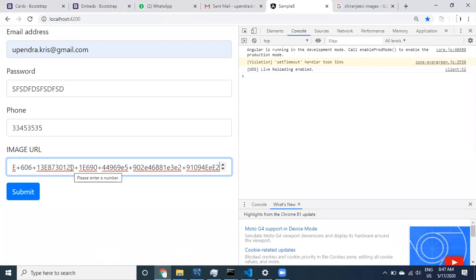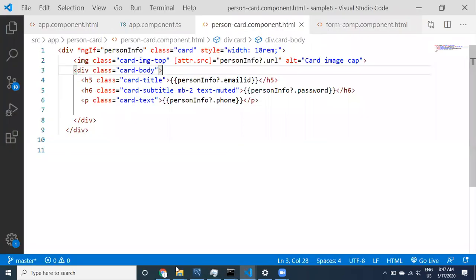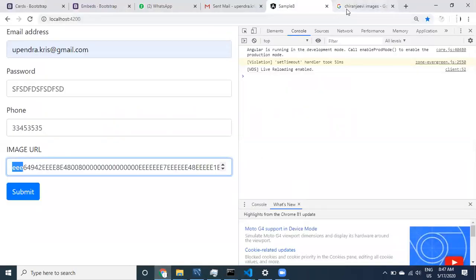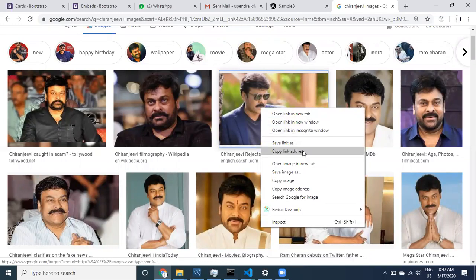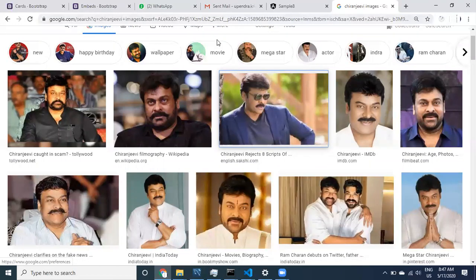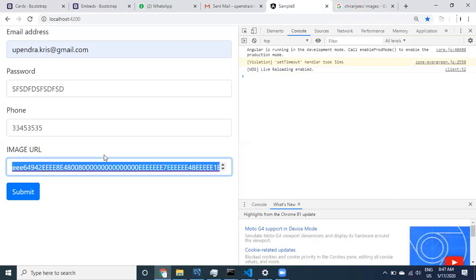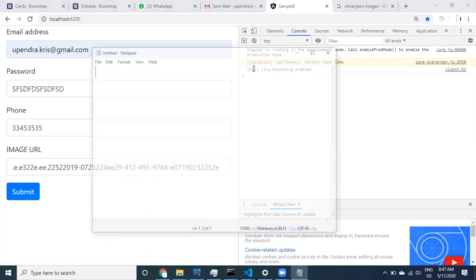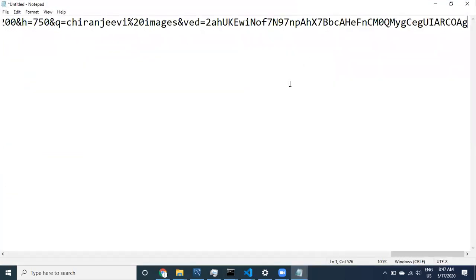I don't know what's happened here. This is not properly provided. So otherwise, let us go again here and copy link address. Maybe copy link address may work. Check it out, and then go to here. Home. Oh, 1 second. Let us go to the notepad and see what the image is.